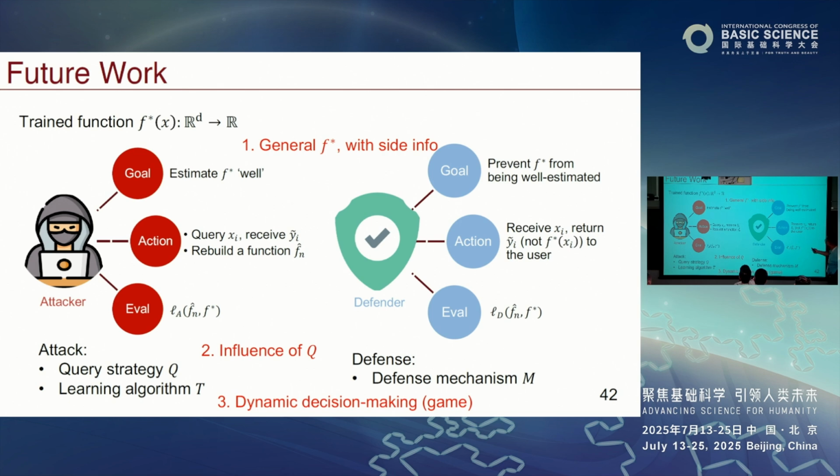And secondly, it's possible the attacker has side information. For example, if we do the constant noising, if the attacker collects the data on their own, and then quickly they know, oh, there is a systematic bias, and they can easily de-bias, right? And then you are doomed, right? So those kind of things we need to study as well.